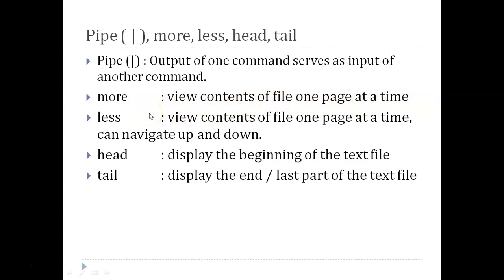Let us assume that there is a specific file which has got a huge amount of content. Whenever you use a cat command, or whenever you're trying to open a file, the entire file content will not be visible directly on the screen. It will move to the end of the page. Instead of moving to the end of the page, what we want is to see the contents from the beginning, page by page, the second page, and then the third page. This is not a concept which needs a theoretical explanation. Let us look into it practically.